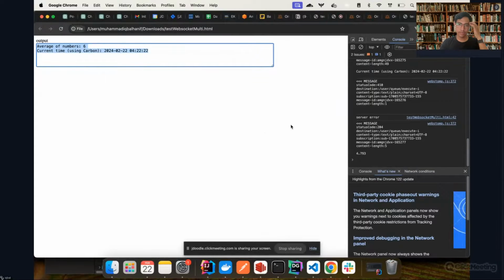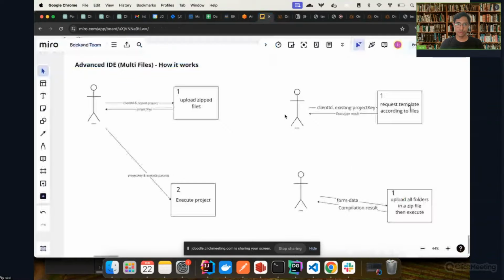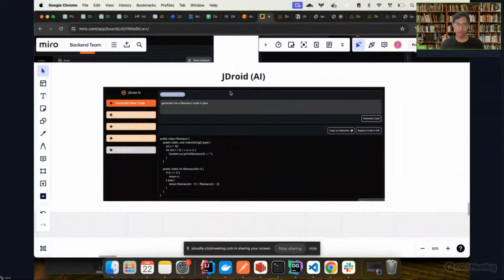So this one is just a very basic example of a WebSocket connection to our compilers. You can adjust it according to your needs in your website, but you have full control here because this one is in the form of REST API and also WebSocket API. Then that's the thing. Next, it will also allow you to use the third capability, which is the